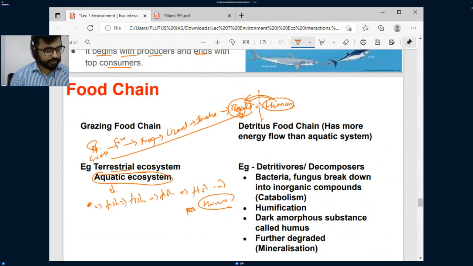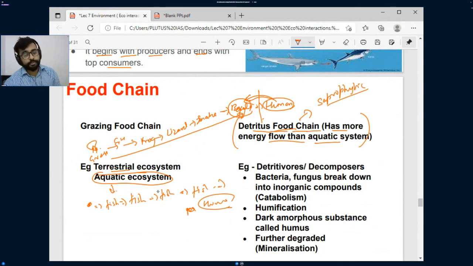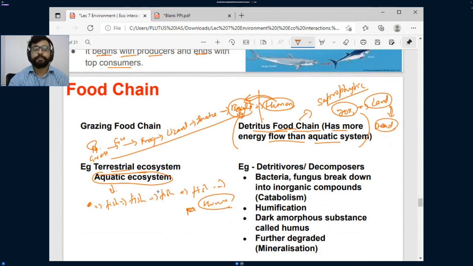So I hope this food chain is also clear and quite simple. Then this is important: the detritus ecosystem, or saprophytic ecosystem, or saprophytic food chain. Now, technically speaking, the detritus food chain has more energy flow than the aquatic ecosystem, because imagine, 70% of the land is covered with a huge amount of dead and decaying matter. So what is this